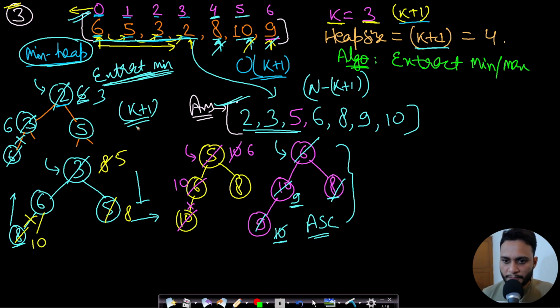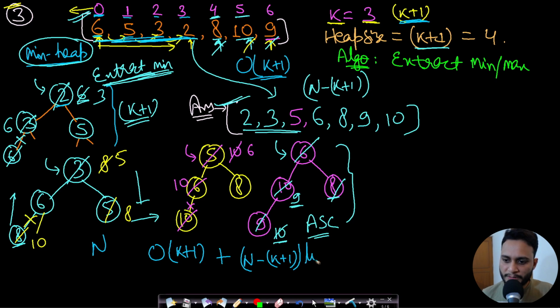Well, if you can analyze it, then you will see that there were n elements. Okay, so we built a heap using just k plus 1 elements. So the time complexity for build heap was order of k plus 1. After applying build heap, we were applying this extract min as well as the percolate up algorithm n minus k plus 1 times. What algorithms were being applied? It was extract min, which will take log n, since this is a complete binary tree, log n, and percolate up will also take log n. So let's assume it is log n only.